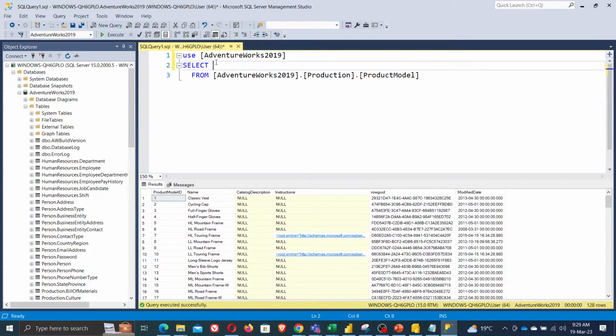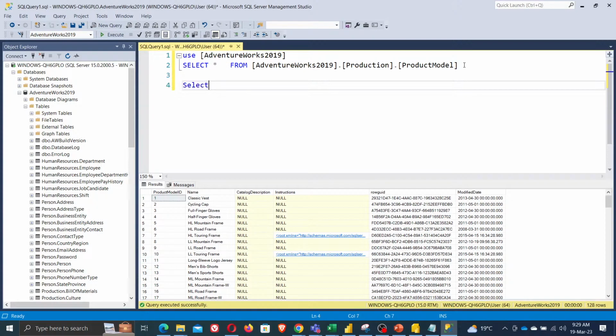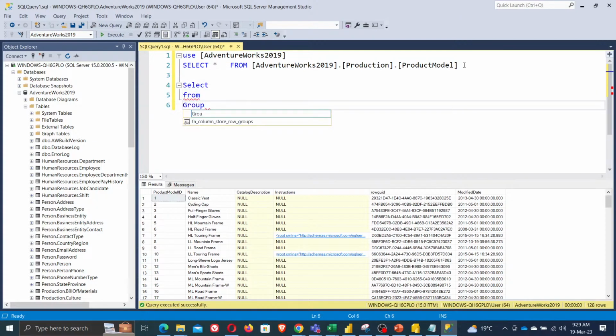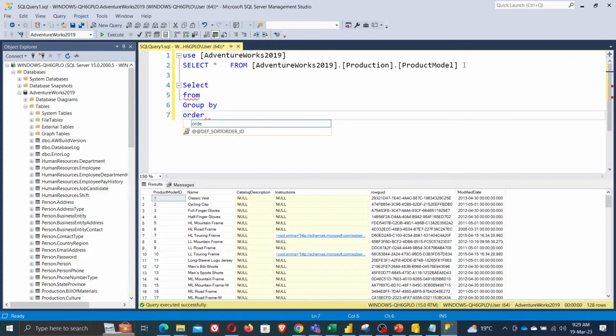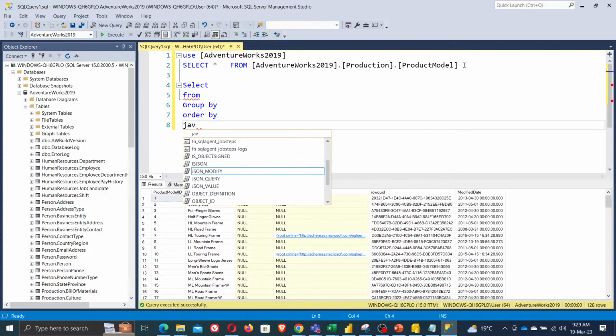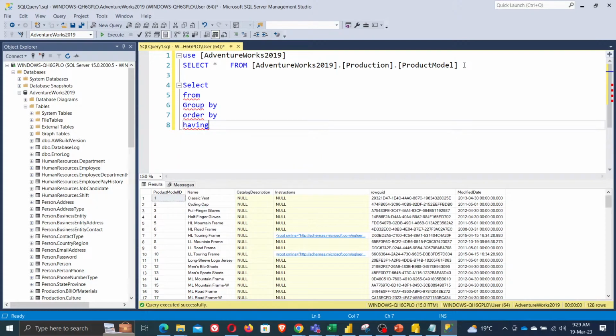मैंने कहा मुझे नहीं चाहिए इतना सारा कॉलम, एक स्टार दे दिया, स्टार हो गया। ये भी वही रिजल्ट देगा जो हमने किया है। यूजुअली जो पैटर्न फॉलो करते हैं: सेलेक्ट, फ्रॉम, ग्रुप बाई, ऑर्डर बाई, हैविंग, यही स्टेप्स हम एसक्यूएल के लिए फॉलो करते हैं।